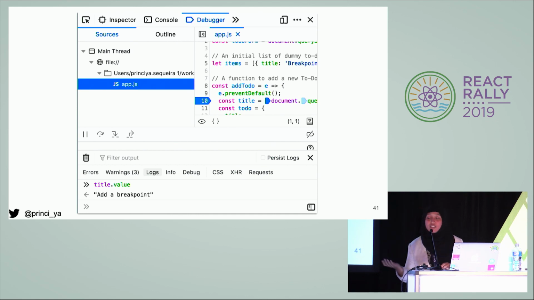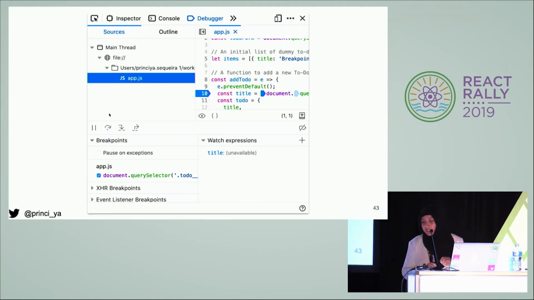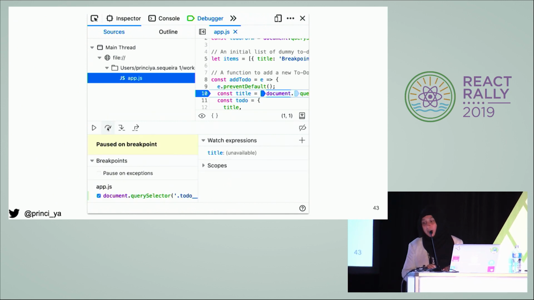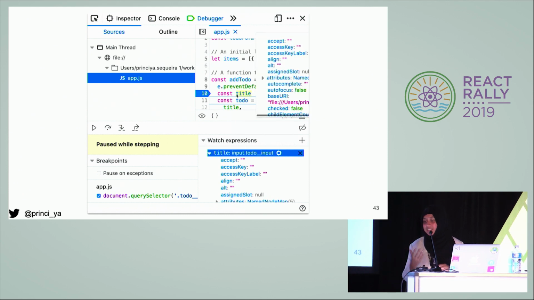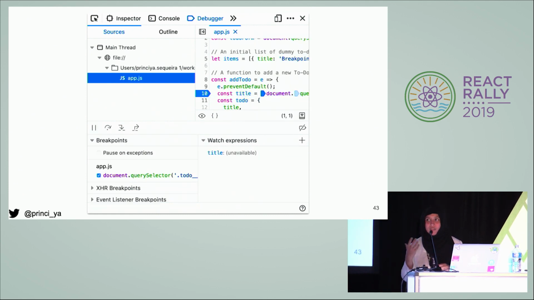And you can actually pull up a console while you're still on the debugger tab, as you see here, and just type in anything, because when you add a breakpoint and the value is available, you can also see what the value is. You can also add watch expressions. So if you want to look at what the value of the variable is, put in a watch expression and it gives the same value, so that you can understand that variable a bit better or how it changes over time.